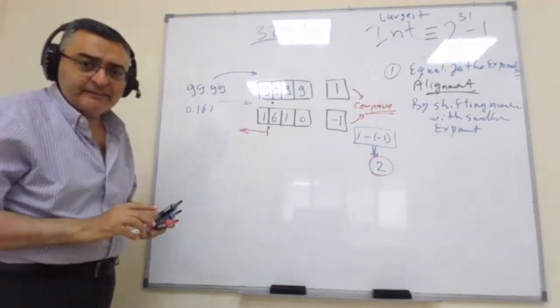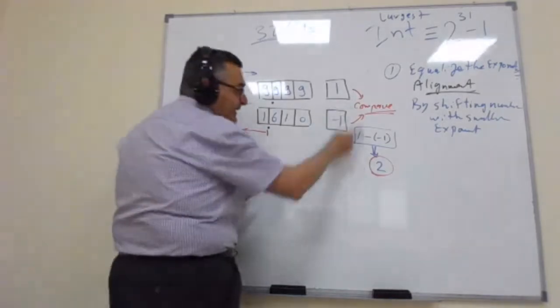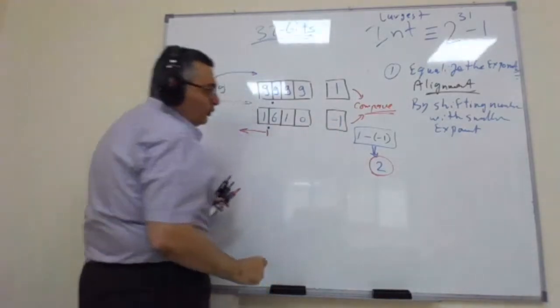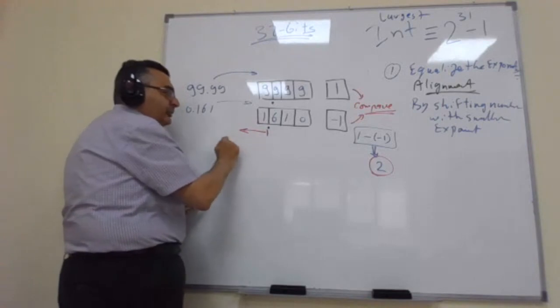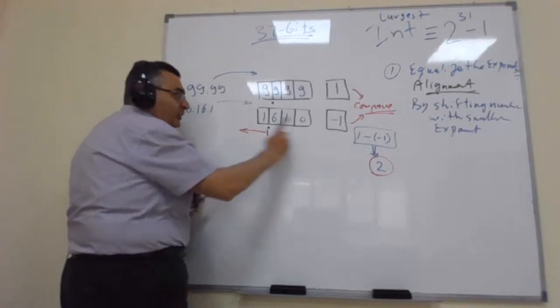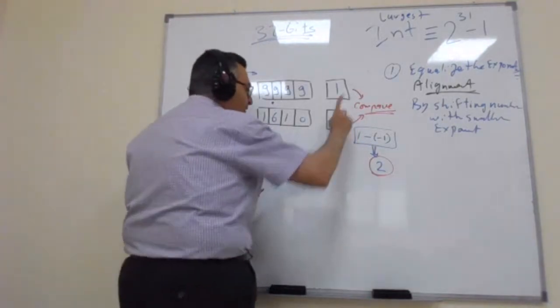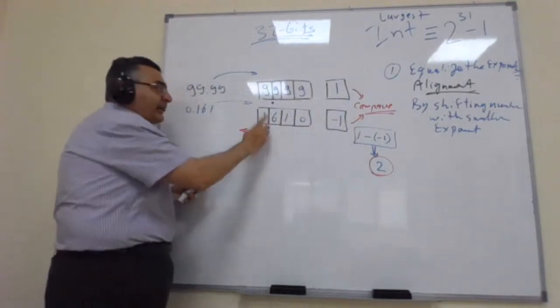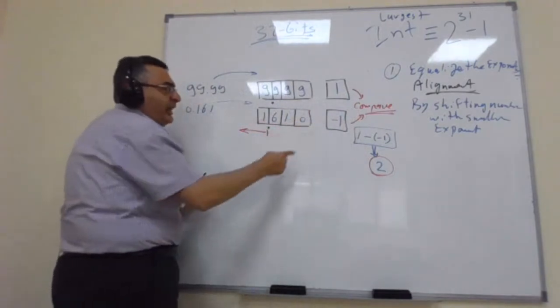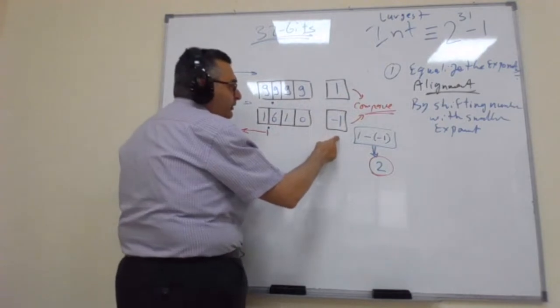Okay, how many places? A number of places to make the two exponents equal. One shift for this to the left will raise the exponent by 1. تمام؟ طيب, another shift will make the exponent here ايه؟